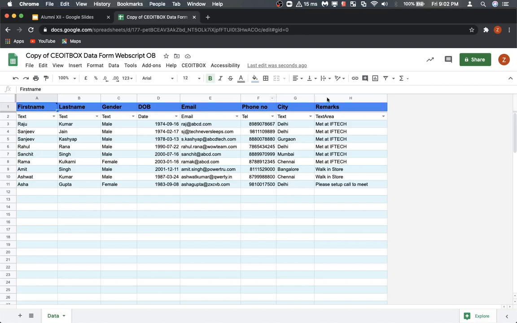You can put the row headers, you can put the data here, and these are basically the type of data. So when we are inputting the data, whether you want it to be just simple text, date, email, telephone number, and it can also be hidden if you don't want to input this. Okay, so this is for the input.